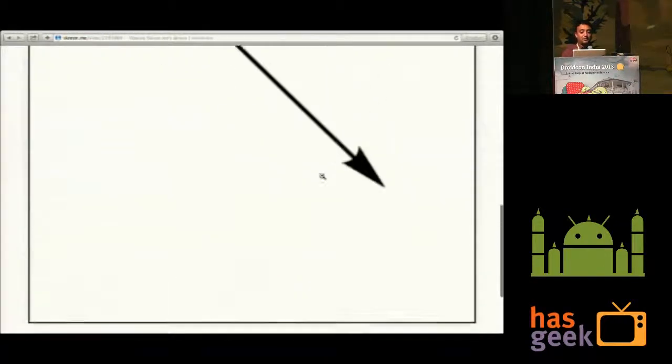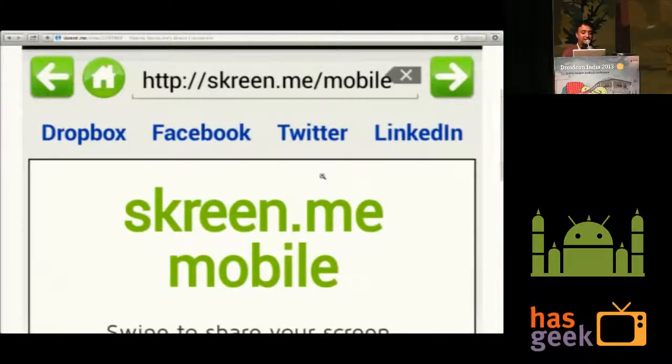So there you are. The screen that you are seeing is my Android screen. As I said, it's simple to use, there's no need of login or registration, and it's free to use.